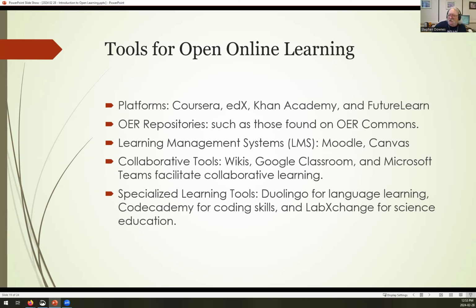Learning management systems. There are some open learning management systems which are useful and helpful. Moodle and Canvas. I would also include WordPress here. A lot of open educational institutions and initiatives use WordPress. Alan Levine has created a whole series of plugins for WordPress supporting open online learning. What does he call them?